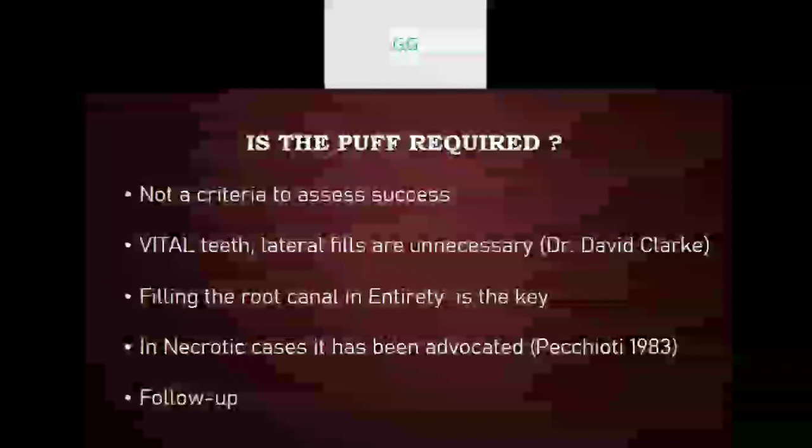Now, another article has also given a very sensible advice: since the criteria for performing a periradicular surgery is not clear in all the articles or any guidelines, for the timing it is very important that we keep a track of the preparation as well as obturation in the first go only.